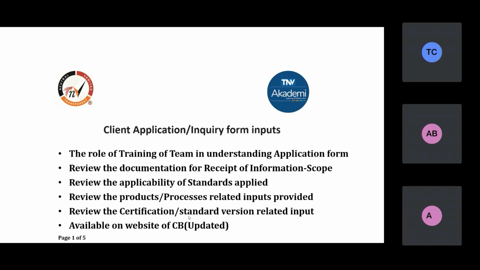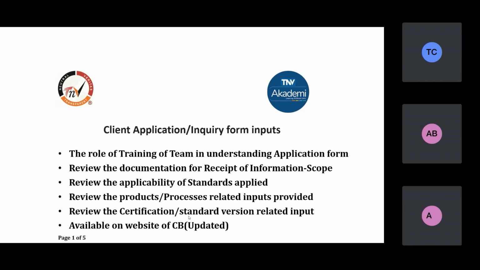So I start here with the discussion. What are the inputs coming from the clients and how is the team going to capture them? What is the understanding of the team? We have to discuss all that in the webinar today. First of all, we have to give training to the team, who is the marketing team and the team who is on the client side at times, because both should be on the same wavelength so that the understanding level is clear and both of them give and collect the information for moving on.